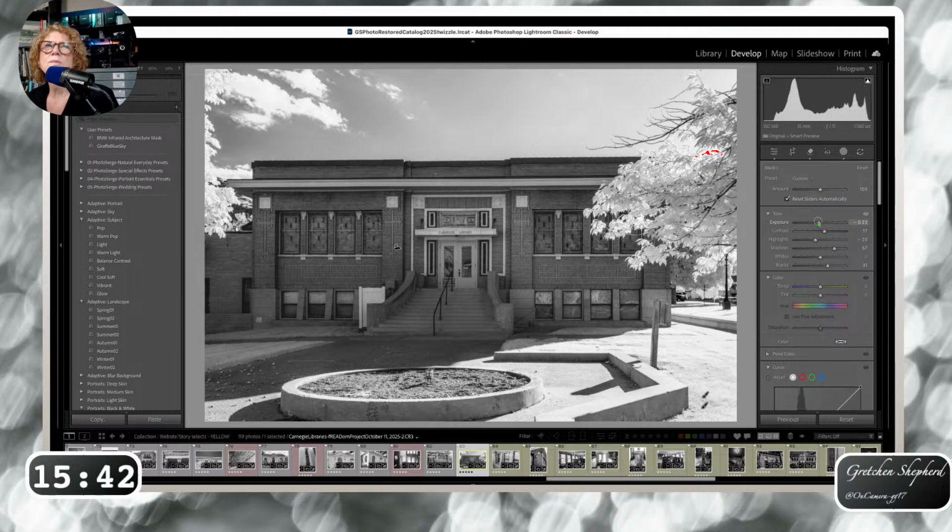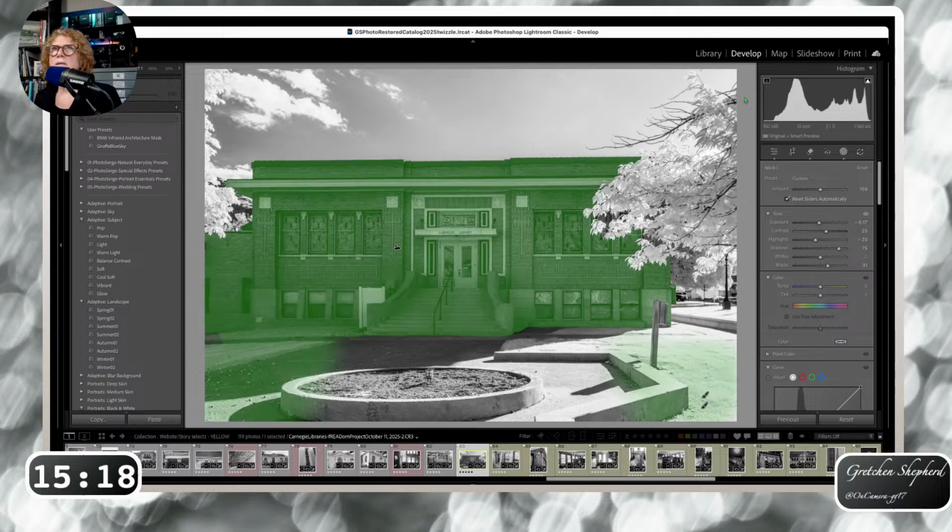Just no, no, no, no. There we go. Just the shadows had to come up a bit more. Okay. That will work. Then let's take that one and